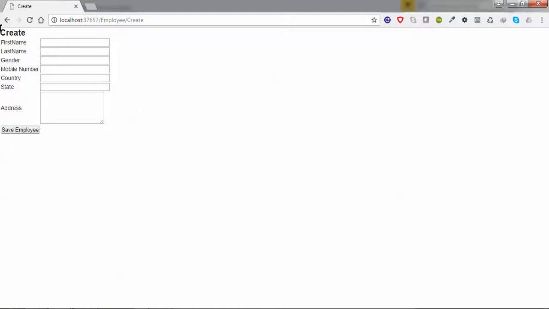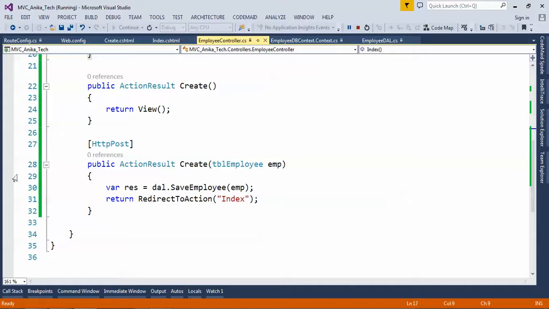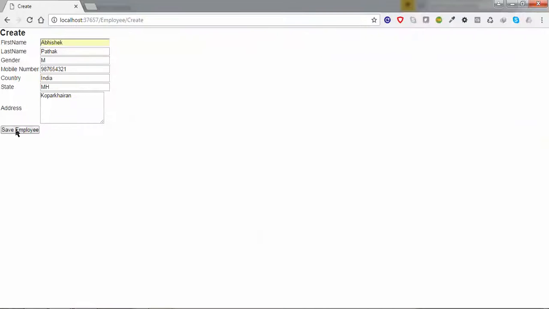Okay, so one simple form is there: first name, last name, gender. Let's fill the values. Abhishek Pathak, suppose male. Let's give 9876543. Country India, MH Maharashtra, suppose Kopar here. Okay, let's click on save employee and put a breakpoint. Click save employee